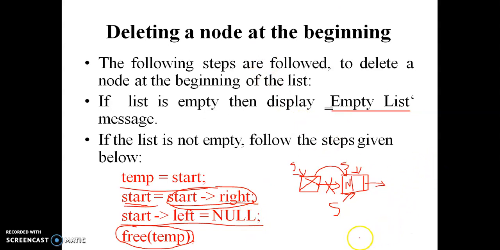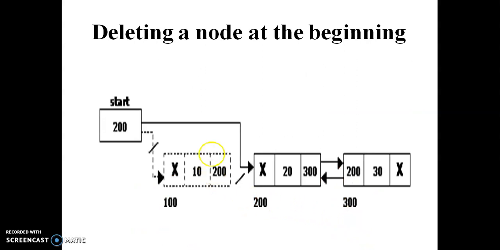In the double linked list, this is the structure. This is our initial starting node. We are removing this node address from the next node. The left pointer of the next node points to the initial start node address, so we assign the start pointer to the next node, and at the same time we make the left variable of the next node null, so that this node is removed permanently from the linked list.